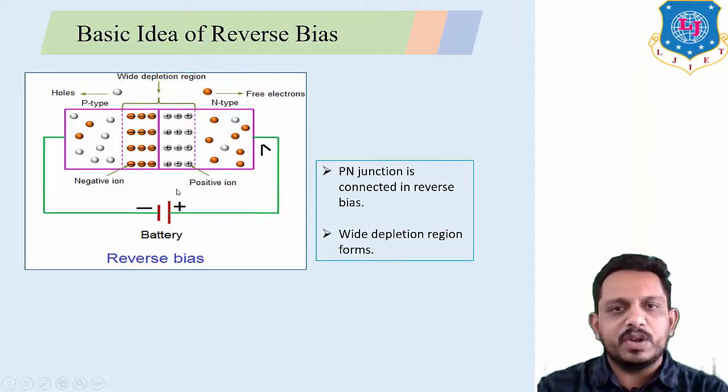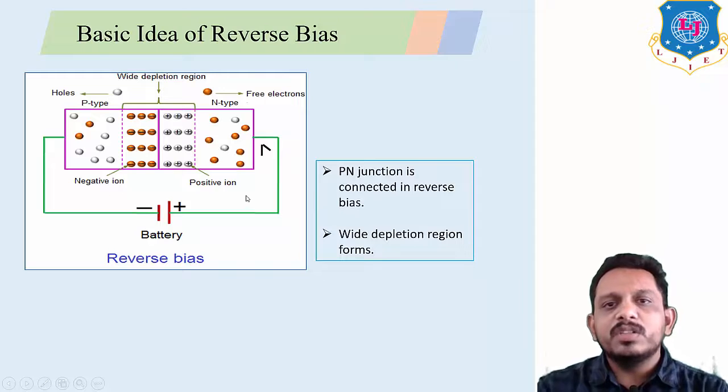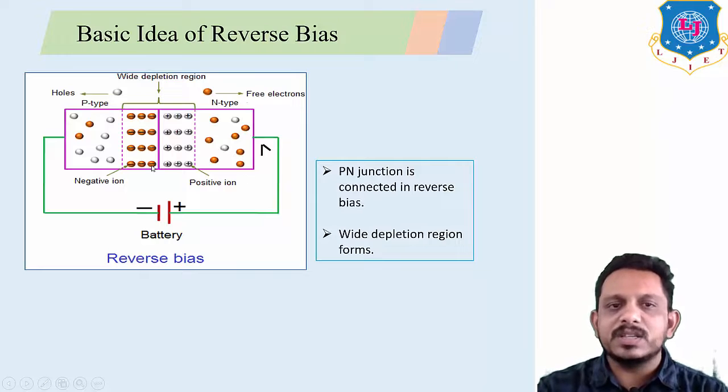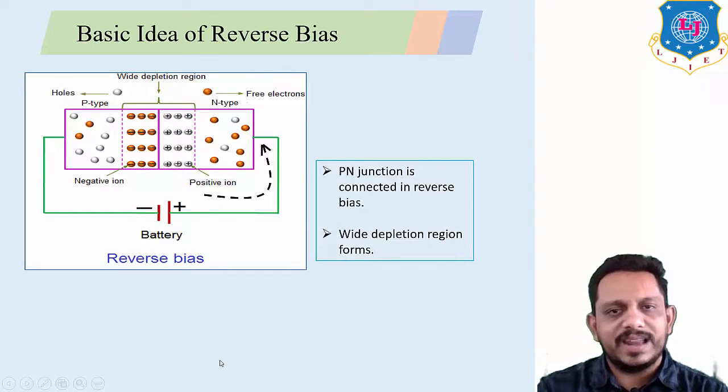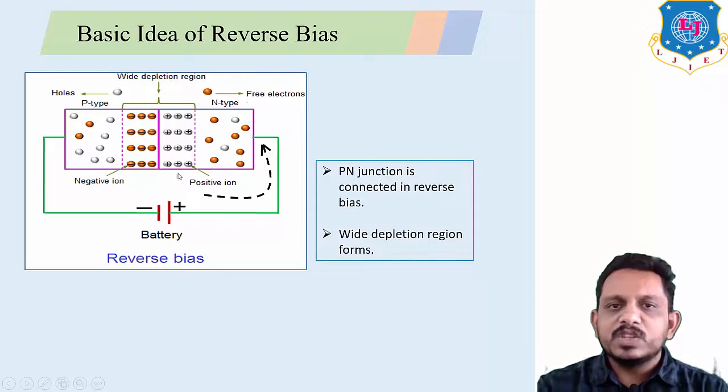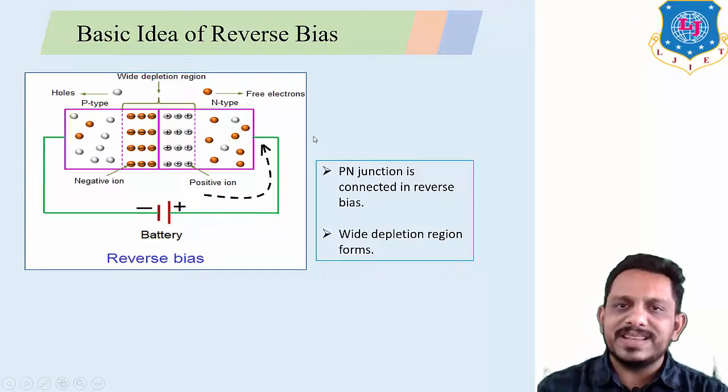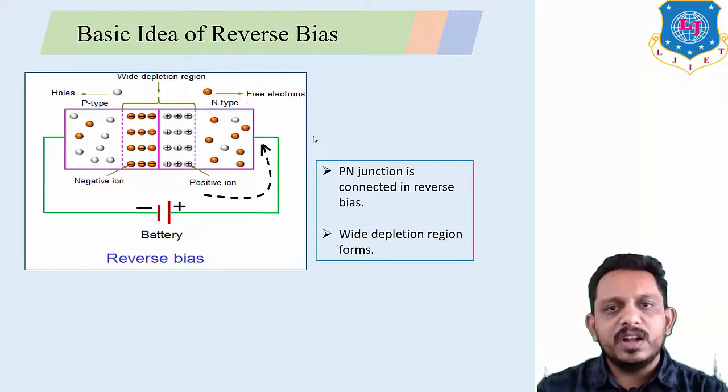At the normal voltage, equal to the forward voltage, in reverse biasing condition, it will not allow any current to flow through it. But if you apply more voltage than the forward voltage, then this will break the depletion region and current will flow in the opposite direction. Before it was flowing from this direction, now it will flow from this direction. So this was the reverse biasing condition. In reverse biasing, no current will flow at normal voltage, but if you apply a voltage more than the breakdown voltage, then current will flow through this junction.